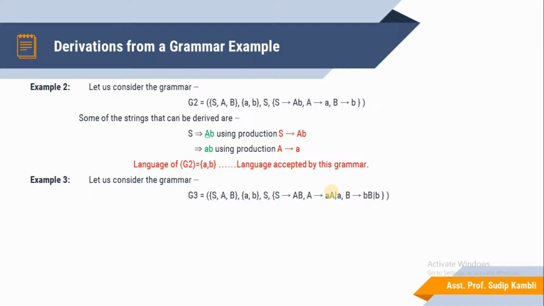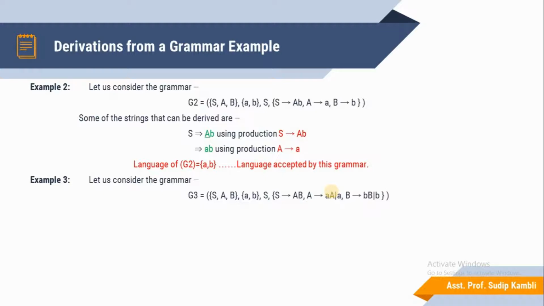So the first is A derives aA, and the second is A derives a, a terminal symbol. We declare the same in the second part for B: B derives bB, with the non-terminal symbol B, and small b is a terminal symbol. So already five production rules are mentioned in this set.